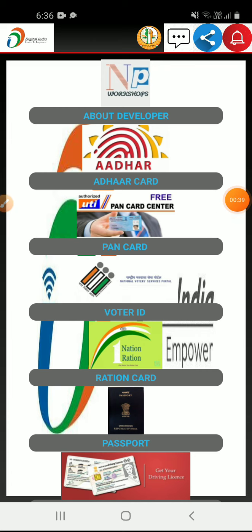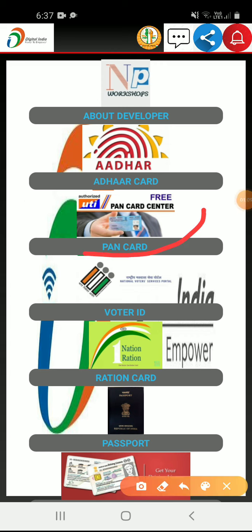This app is made by us, and we will show you how to apply through this app. For every other portal, you have to apply in the CSC portal or the Digital Seva portal in the same way. This is our NP Digital India Service Portal app, and if you have not taken an ID, you can contact us. I will give the app link in the description also. And let's start the video.